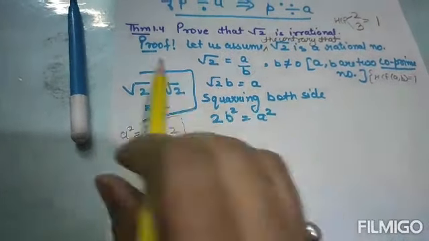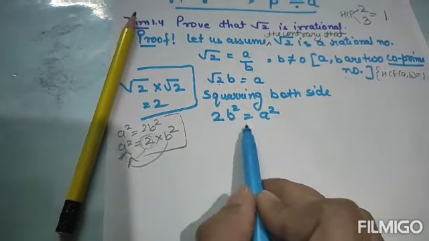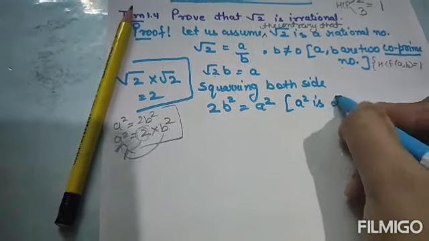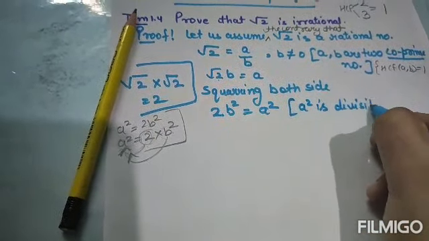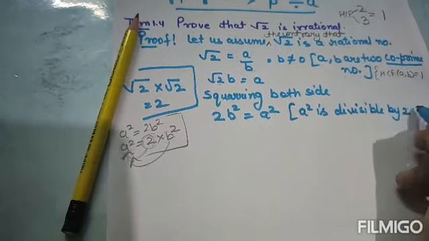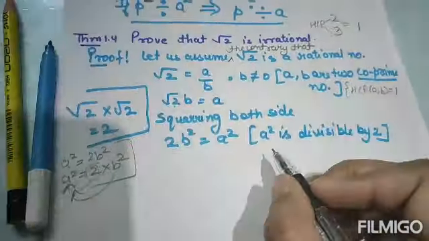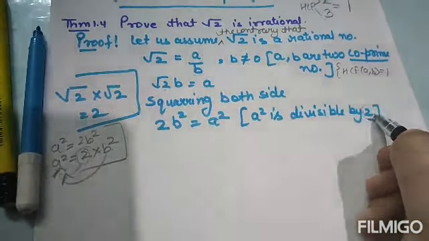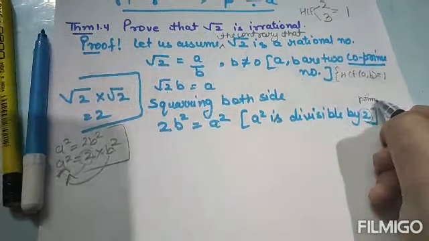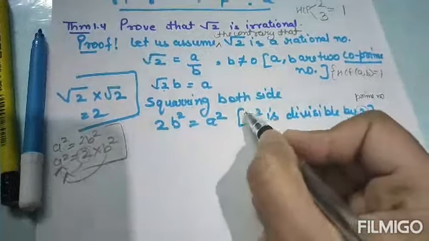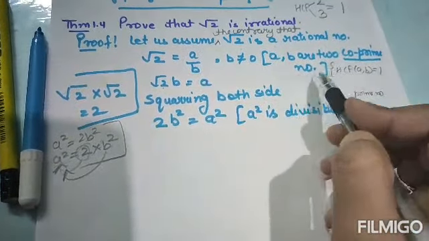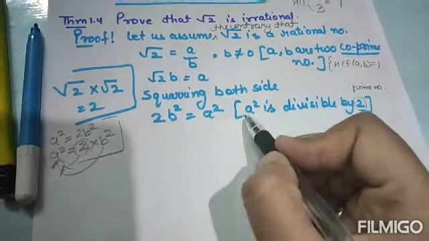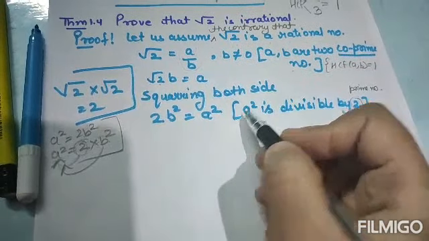Got it? So now look here, we have written 2b square equal to a square. That means a square is divisible by 2. Okay. If a square is divisible by 2, 2 is a prime number, and this a is any positive number. If a prime number divides the square of a positive number, then by theorem,